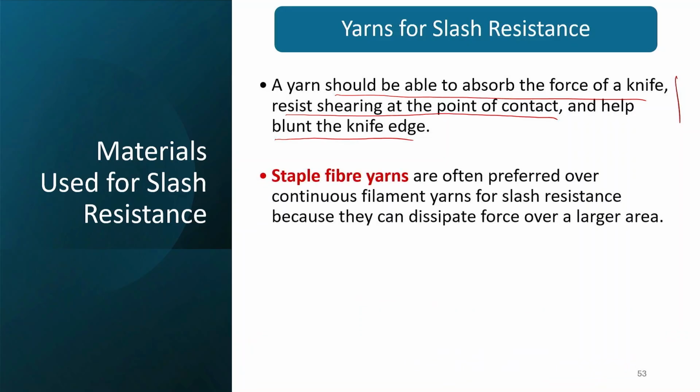So, staple fiber yarns offer different types of advantages, so that they are preferred over continuous filament, because they can dissipate force over large areas due to their compressible structure. So, here for slash resistance, staple fiber yarns are often used,